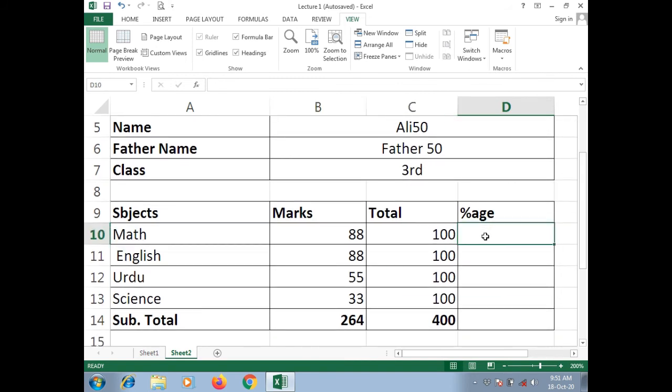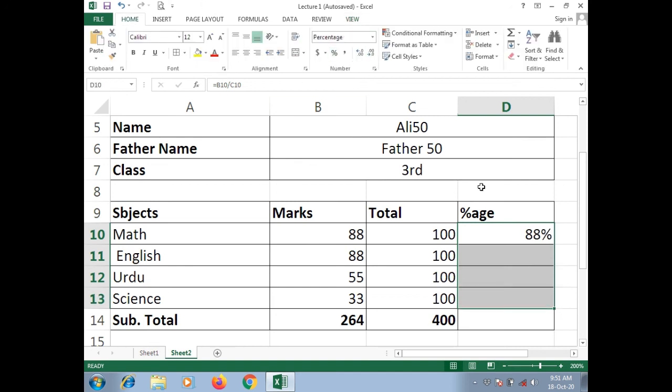So we can calculate its percentage. In order to calculate the percentage, this is divided by total marks. Let's calculate percentage.